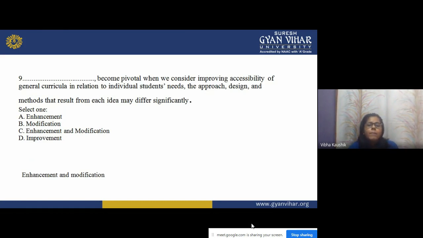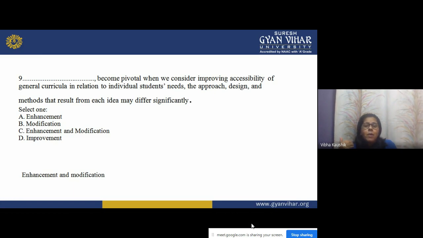Now, dash become pivotal, means important, when we consider improving accessibility of a journal curriculum. When we are considering improving accessibility of journal curriculum, means the curriculum that has been presented in relation to individual students, and that improving accessibility is made in relation to individual student needs, means what are the different individual needs of the student, the approach, which approach has been used by them, design, the way the